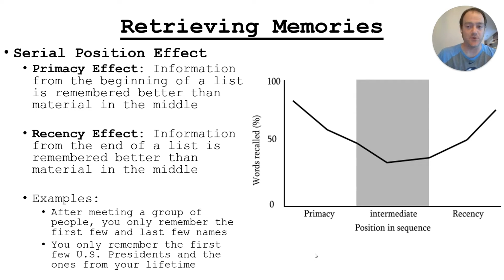Another example, just real quick, is that usually on the first day of school, or first day of the semester, I tend to remember names of kids I've never had before. I tend to remember those in first period, or whatever my first class of the day is, and the ones at the end of the day. Usually that second period, whatever it is, tends to be the one where I don't remember as many names. It's the same thing: the ones in the middle we tend not to remember as well as the ones at the beginning and the end of the list.